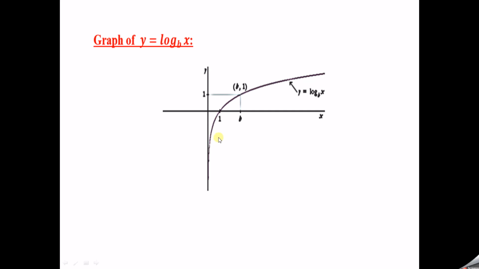And this is the graph of logarithm of number x to the base b, and this x should always be positive, because for the logarithmic function the domain is all positive real numbers. That is, x must be positive always. And what is the range? y is any real number, positive or negative or 0, because the domain of this logarithmic function is nothing but the range of the exponential function, and the range of the logarithmic function is nothing but the domain of the exponential function.